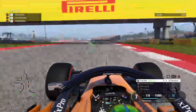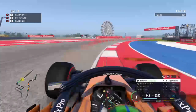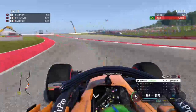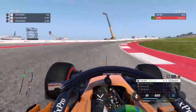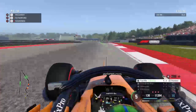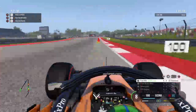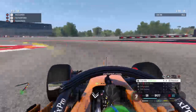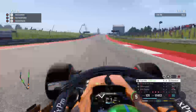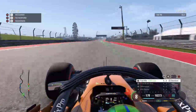Daniel Ricciardo is a mile up the road. He's won this race. Kudos to him. He's had a fast car all weekend. He started behind me and Seb, and then his pit strategy was the right one at the end. He had the faster car, because he got the newest rubber, and his team came up with the best strategy for the race. It was good to them. Just didn't have it. I thought maybe those ultras were running out of life, and I knew I didn't have much left on them, so my hope was that I could...